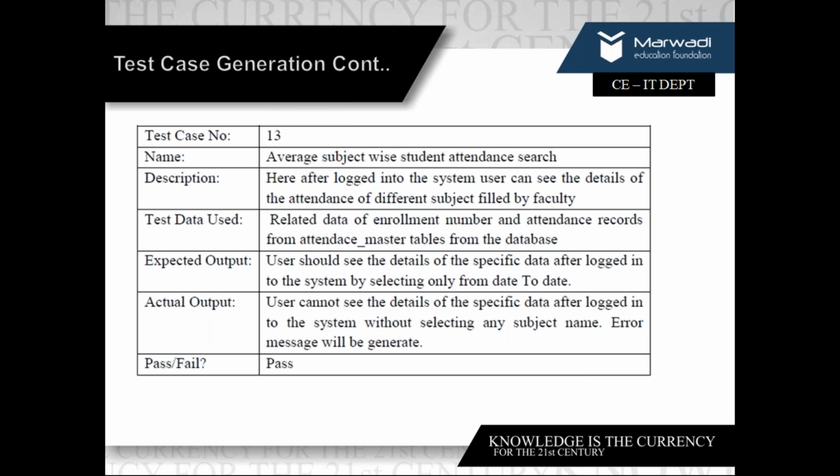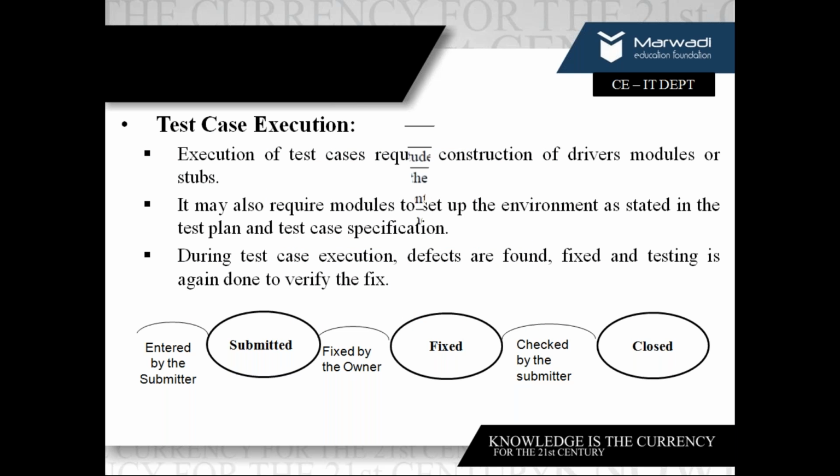Okay. After making test cases, what I need to do is execute them. Now this tester can be a third party, or it can be the developers who are testing the system. If bugs are found, you start a process called debugging, which is an entirely different unit. Otherwise, you are trying to uncover errors to the maximum, and that is where testing lies. Okay. Now, if you find an error, fix it. Again, you test it to verify whether it is fixed. It is very simple.